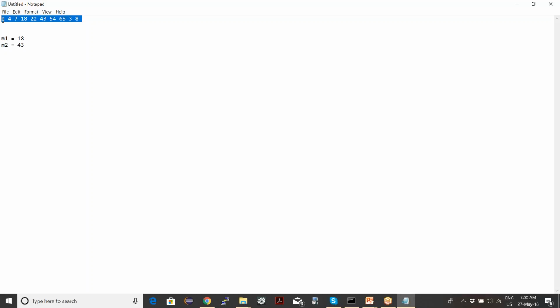The first cluster centers which you decide don't have to be one of these data points. So it could be any other point. So is that clear? Because this is one of the confusions people have, that the cluster points have to be one of the data points. It doesn't have to be. So you could very well assume 10 as one center point, 40 as another center point.